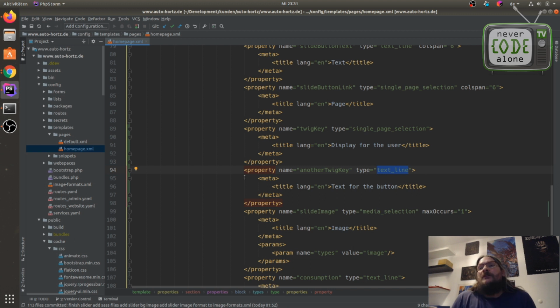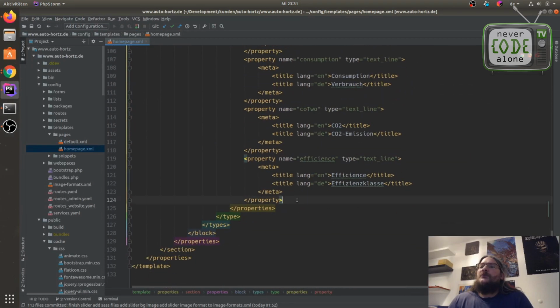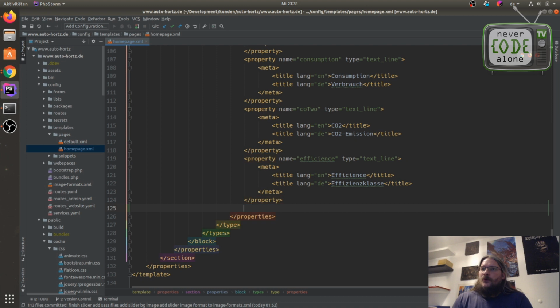This is something I want to build very fast, and now I will show you how I can handle this. Yes, we can just scroll down here to see how this works.